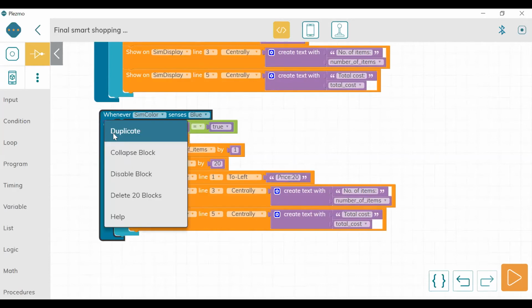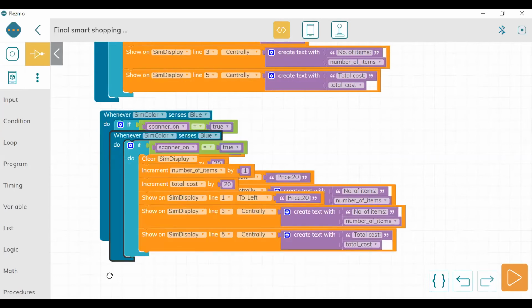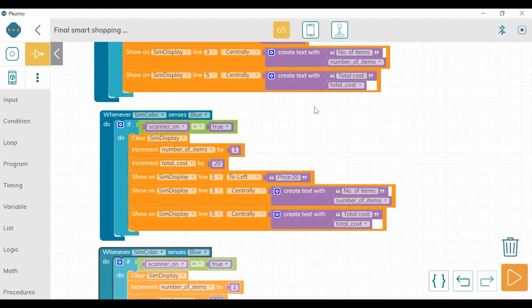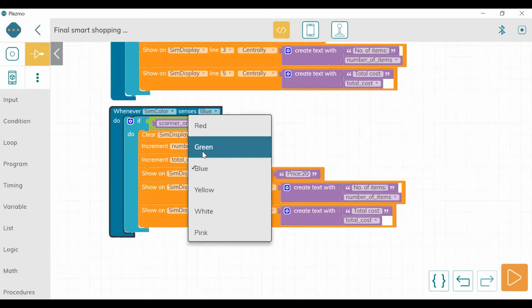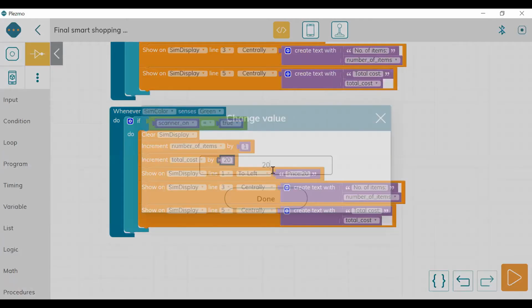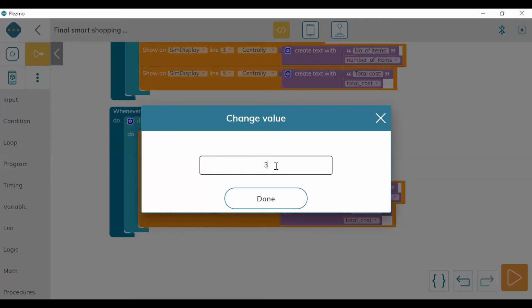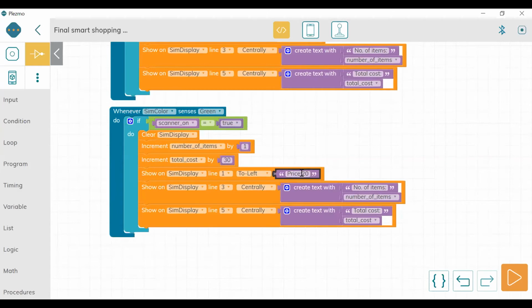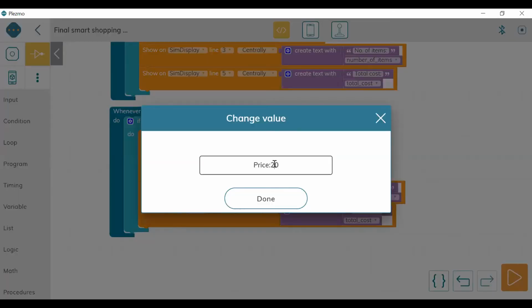Next again we are going to duplicate, and it is for green now. Okay, so for green let us take it as 30. Done. So here also price is 30.